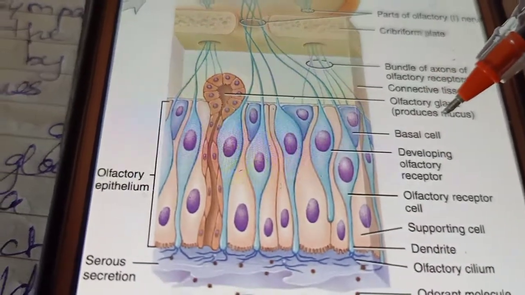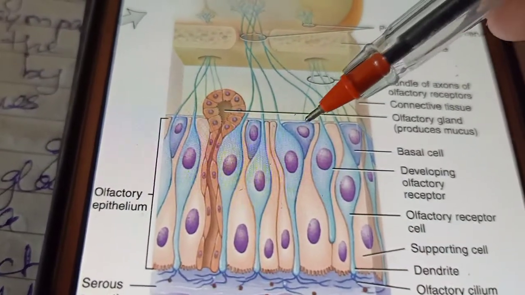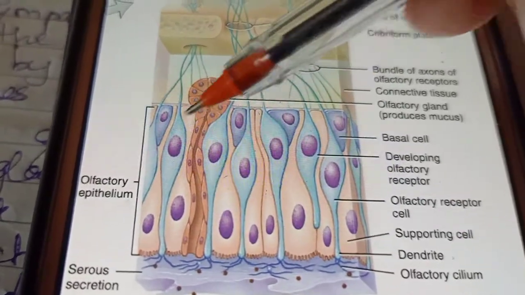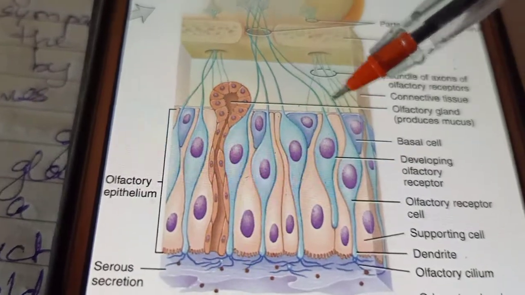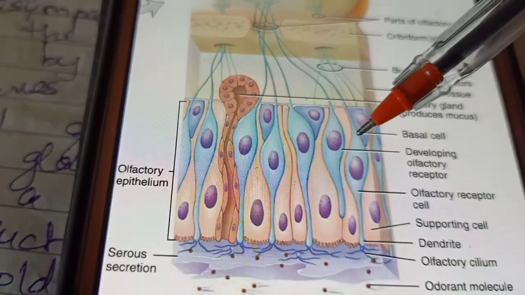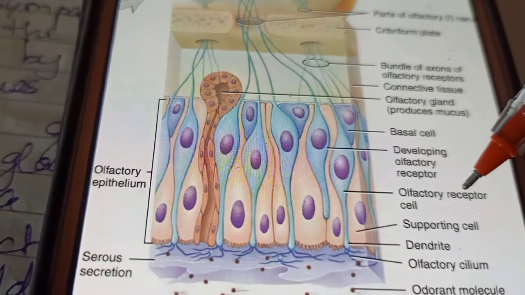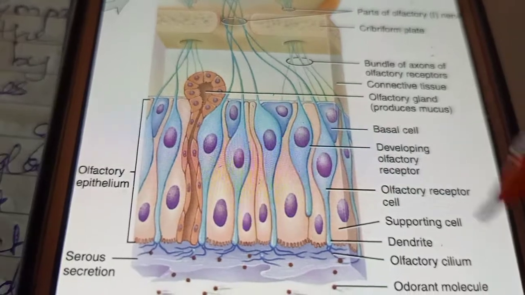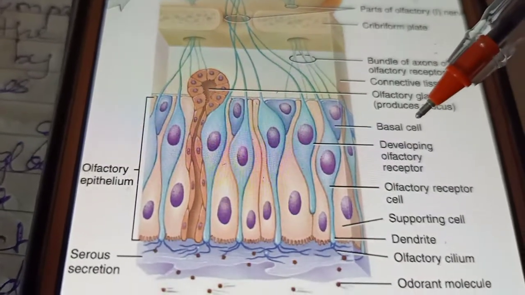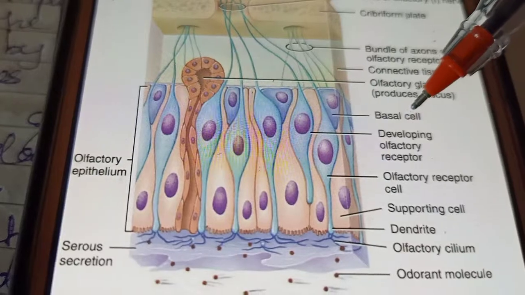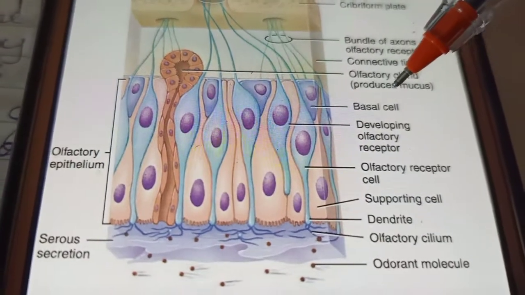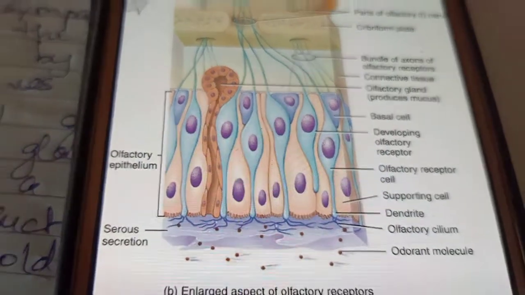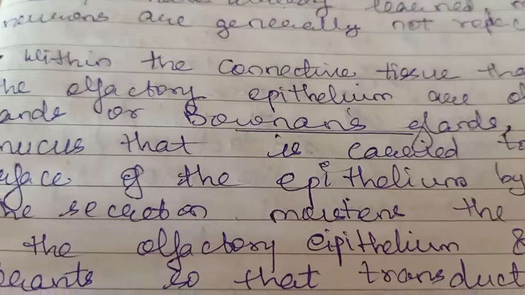Basal cells are the stem cells located at the bases between the supporting cells. They undergo cell division and give rise to new olfactory receptor cells. The olfactory receptor cells can live for a month or so, and they are replaced by the division done by the basal cells. So this is a very important landmark, as the mature neurons mostly do not get replaced once they are destroyed.